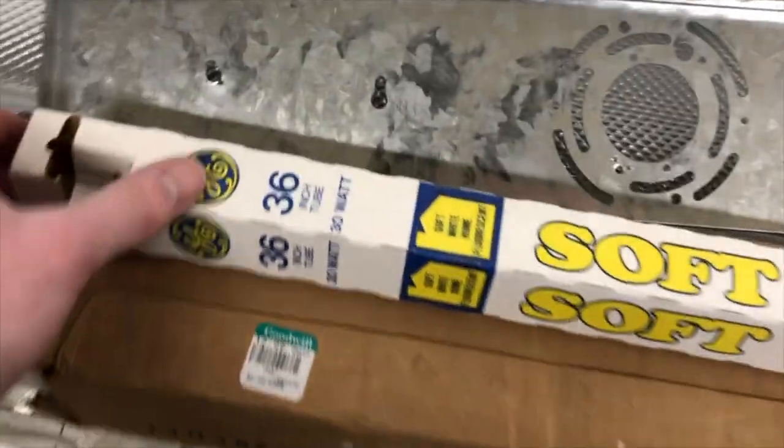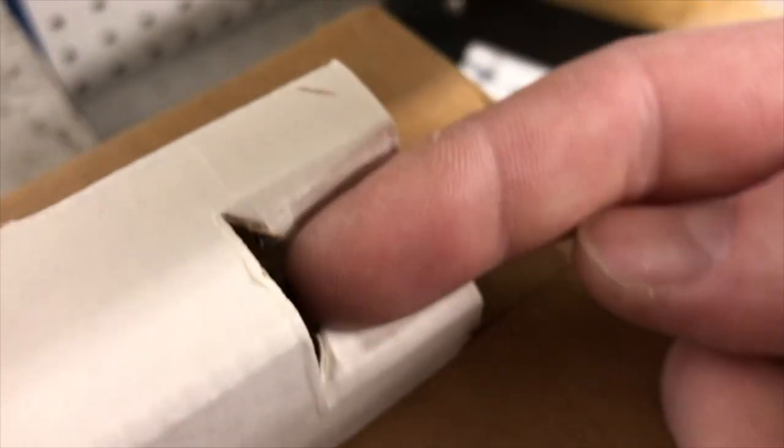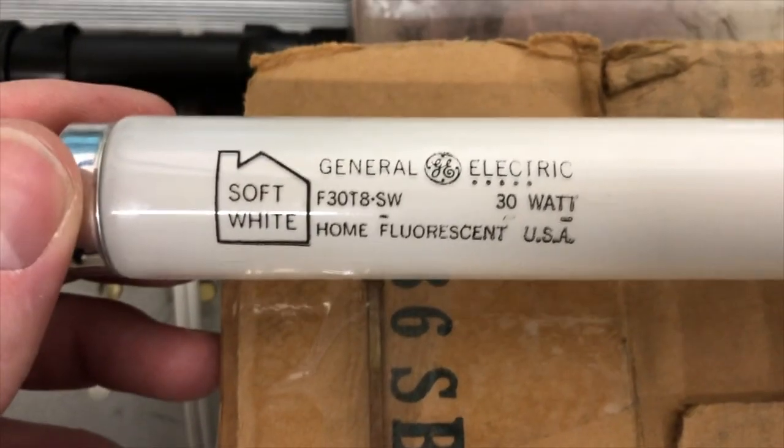Anyway, I didn't pick it up because I thought that was pretty dumb. These are pretty neat old bulbs, though. They have a very nice high quality etch on them. They're soft white instead of warm white. I don't know how much of a color temperature change that really is, but the etch is in great shape,